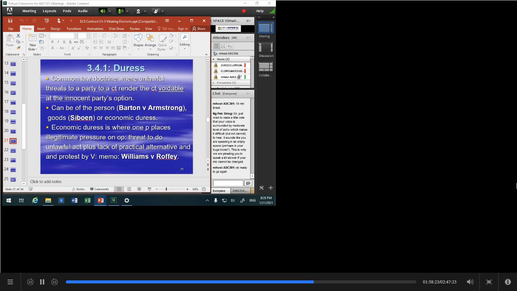But there are other relationships which some of the cases call Class 2B relationships, which is a useful classification. In the Class 2B relationship, it's the other relationships apart from parent-child, doctor-patient, solicitor-client, in which, if you are alleging undue influence, you've got to prove that